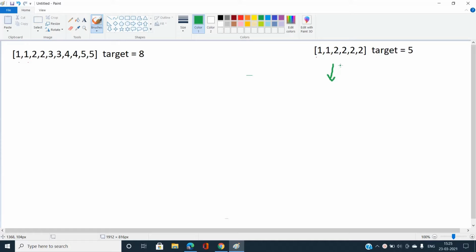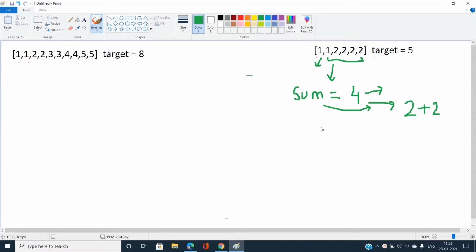So let's work for this array. Let's take 1 first, and if I take 1, my new sum would be target minus 1, that is, my new sum is 4. Then I need to check what are the number of pairs to the right of it, that is this one. You can see the number of pairs such that the sum comes out to be 4, and we need to find the distinct indices. You can see the sum comes out to be 4 only when 2 plus 2 is equal to 4. And you can see there are 4 twos present over here.